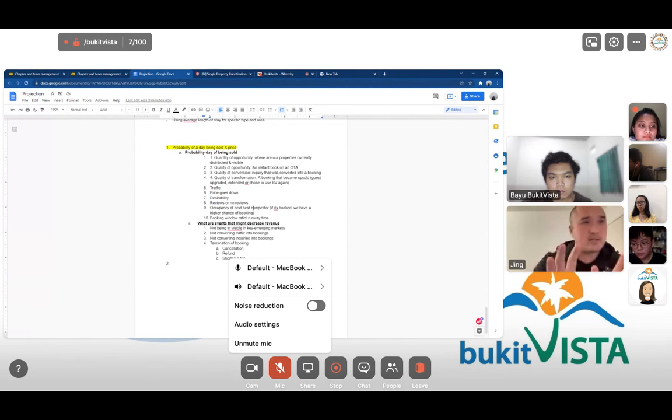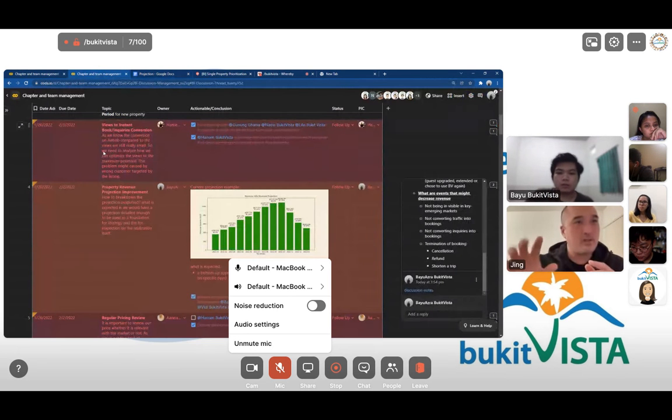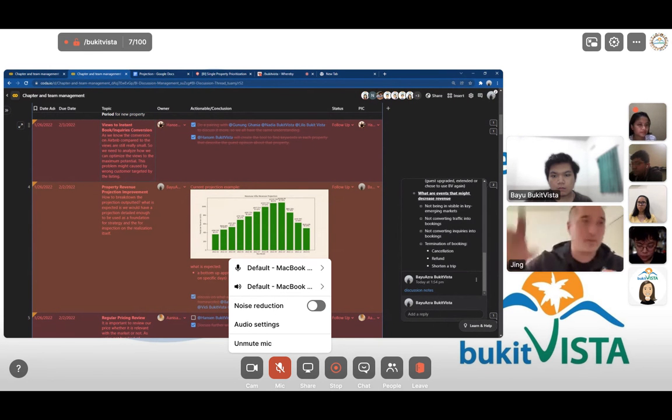So let's look at it this way, everyone. We have a long tail distribution, a lot of head and a long tail, across, let's say, our user funnel. Maybe the right way to think of it is this: we haven't matched those properties to the correct users yet. That's why we have that long tail. But if we're able to successfully match, using our great system here at Bukit Vista, the property with the particular user, then instead of having one distribution, you could have 4 distributions, but that's okay because they balance out, right?